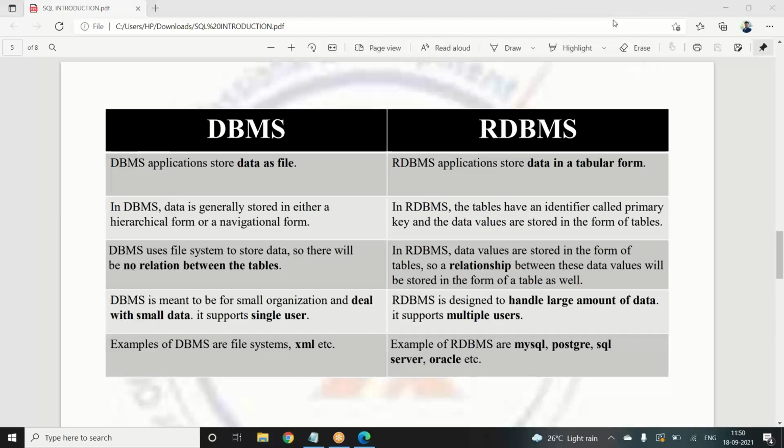So that will be divided into a file format, and we can just save them here. And in that we have a hierarchical or navigational form, wherein we will have a sort option to arrange all those files from A to Z or Z to A, or by the time that they're in.